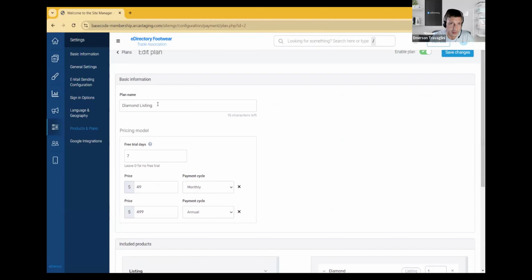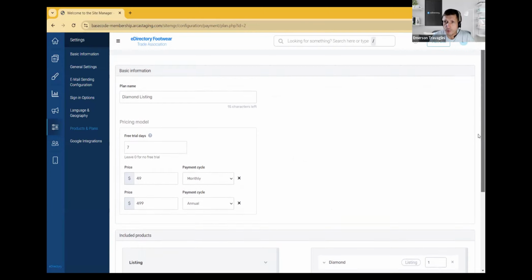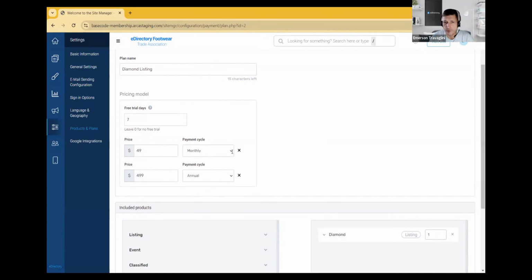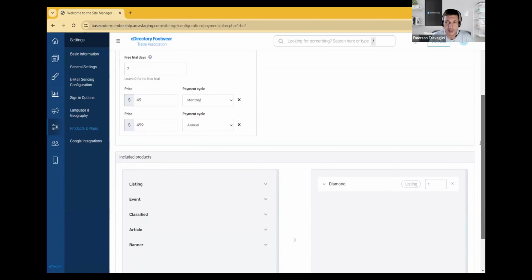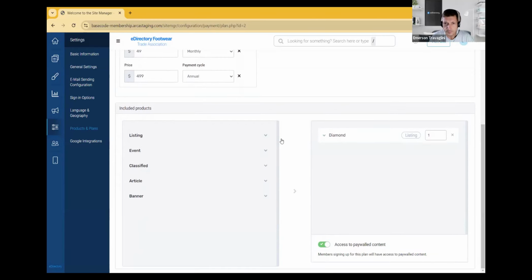Give the plan a name, select the pricing. You have up to 2 billing cycles from 7 available: annual, monthly, one-time payment, weekly, bi-weekly, quarterly, or semi-annual. So you can select what fits best the association's idea. We're going to select which modules, which products you are going to include here. For this example specifically, it's just the listing